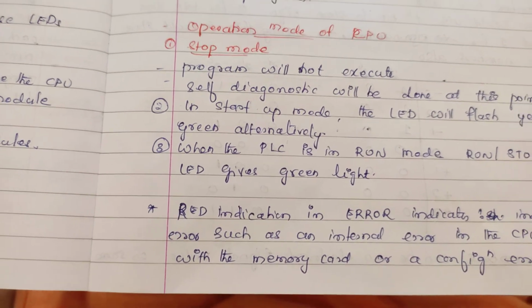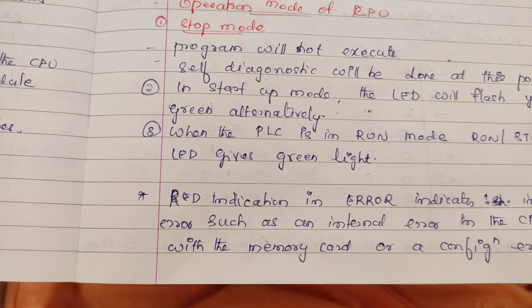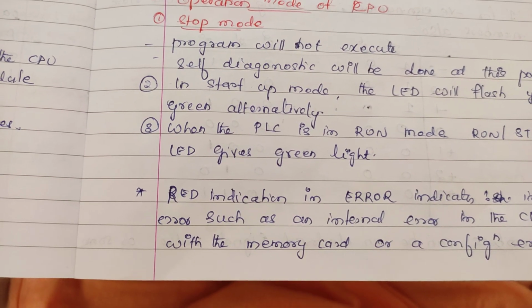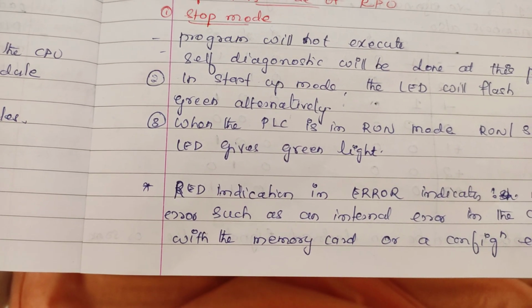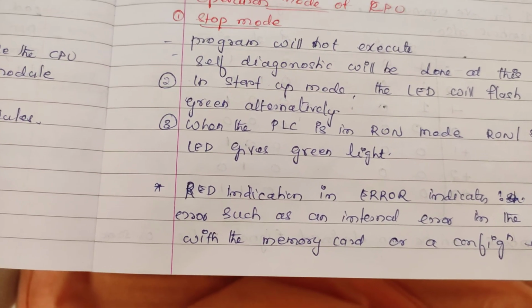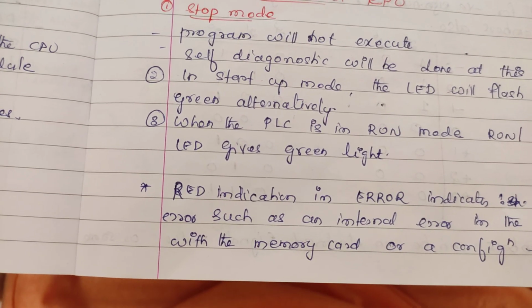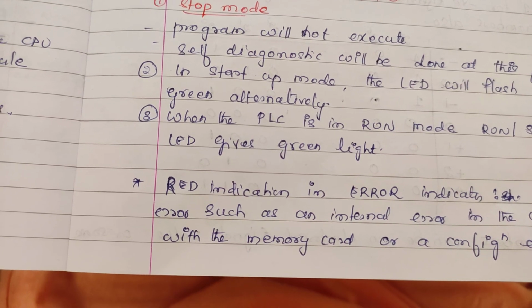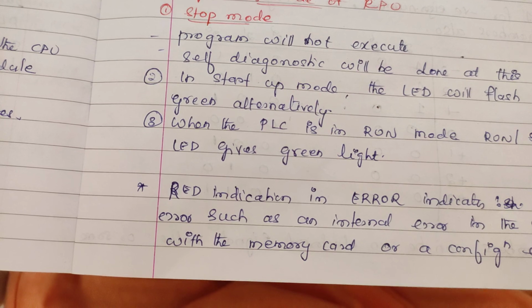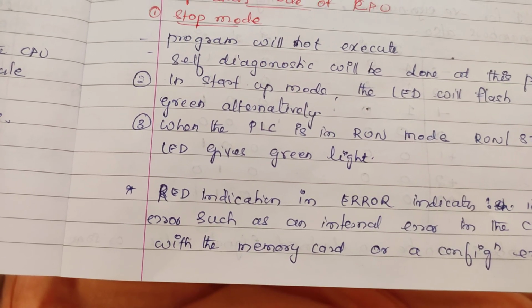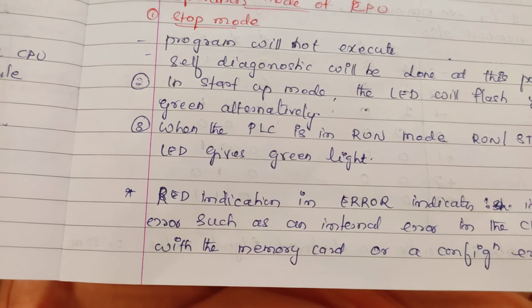This completes one scan cycle, and then the PLC goes back to its initial state. The output memory is written to the physical output. Again it reads the status of the input devices and stores it in the input memory, and the logic is executed. Self-testing and diagnostics occur, and any interrupts get executed. This process keeps executing as long as our processor is in run mode.